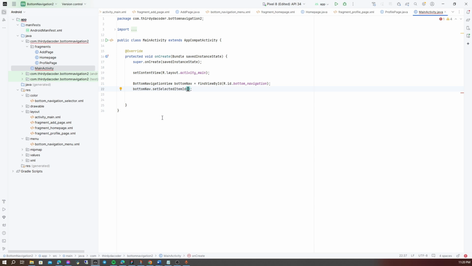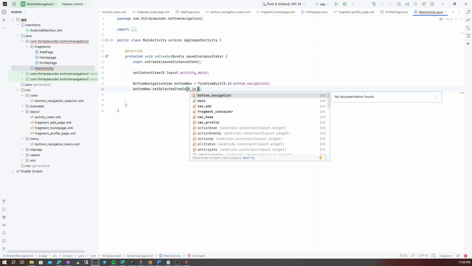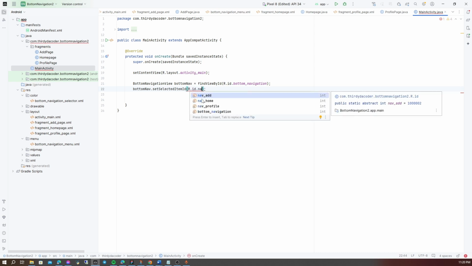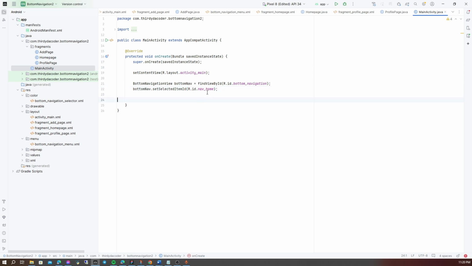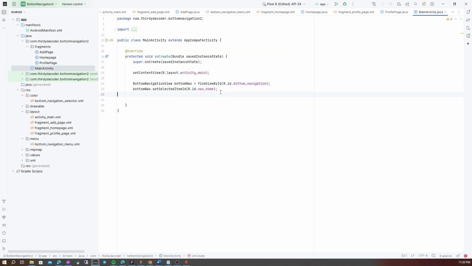So to set this in the main activity, you can add R.id.nav_home. Where did the nav_home come from? If we control click the nav_home, here it is, from the bottom navigation menu. I'll go back to the main activity.